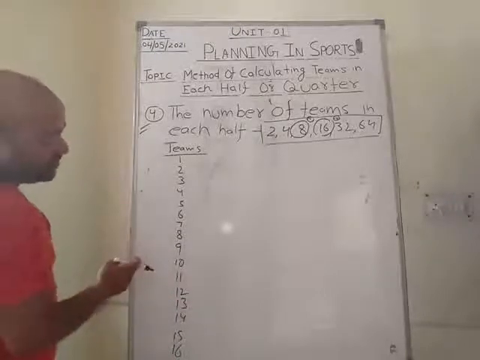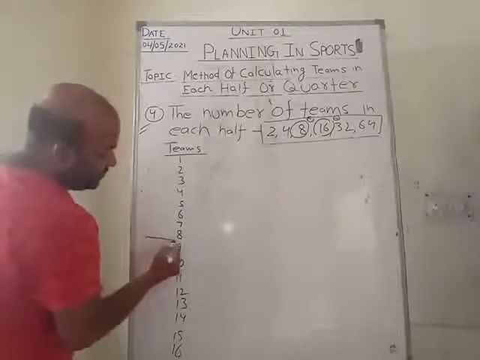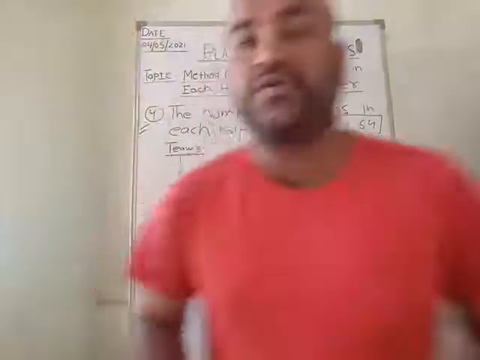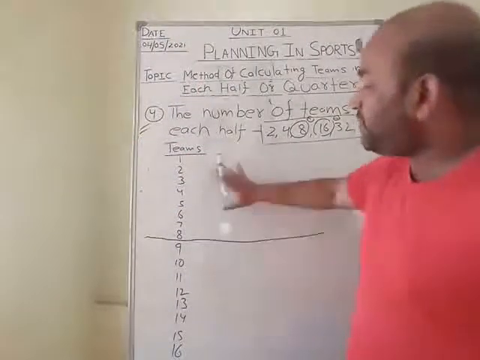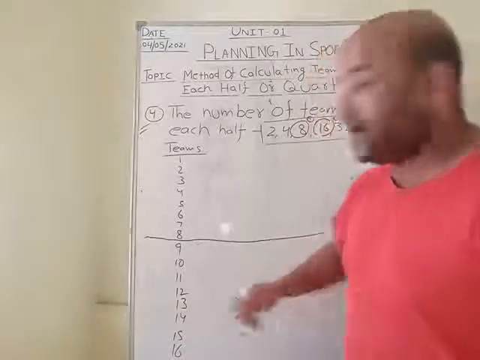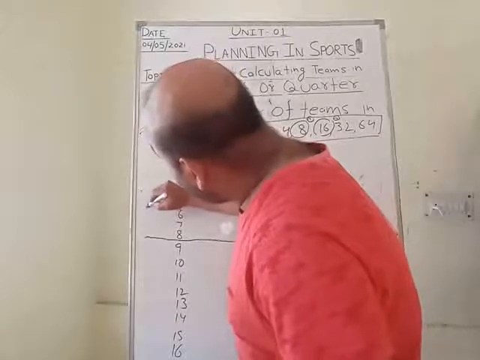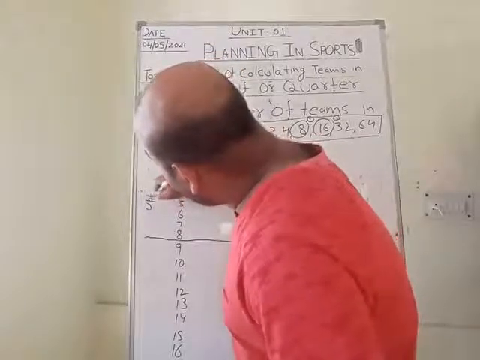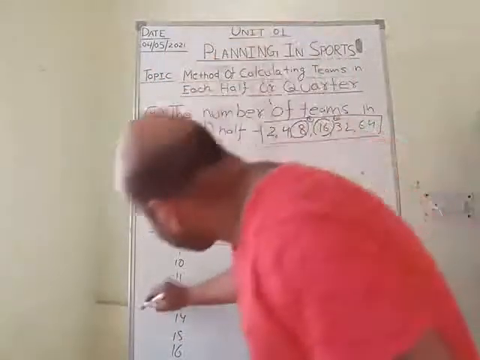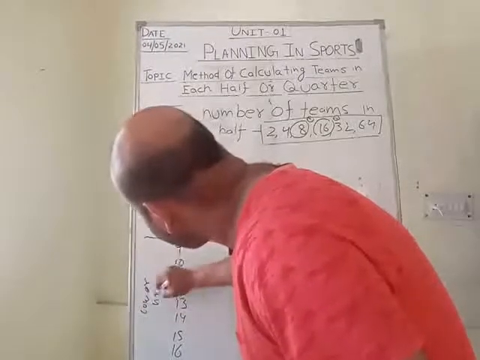So first I will give one line between the teams. There are half of the teams. This is the first half, this is the second half. There are 2 halves, first half and second half. The first half we will call upper half. Write down in the picture upper half. And next, lower half.